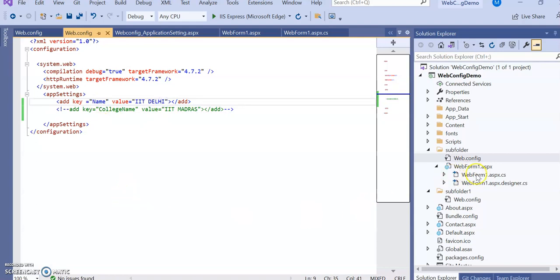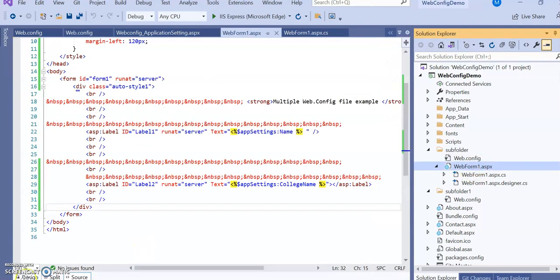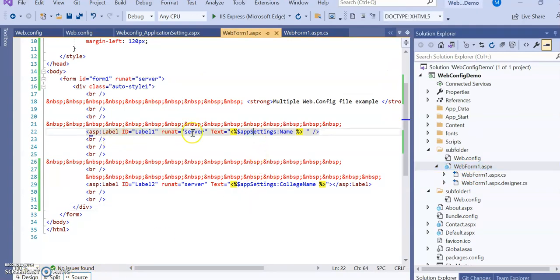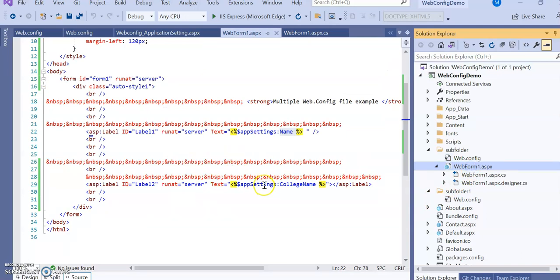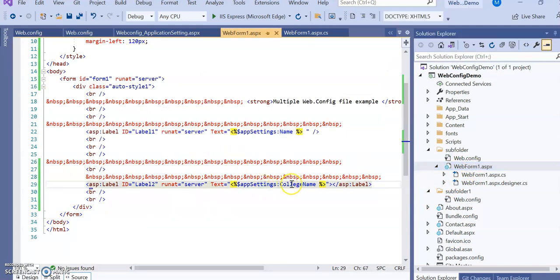Now let's see the coding over here in the source part. For label 1, runat server, the text is appSettings name. This name is available in the child web.config file, so it can be accessed. But let's see the second one: appSettings college name.